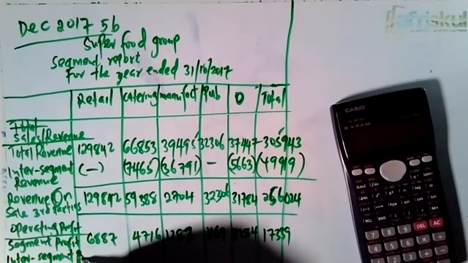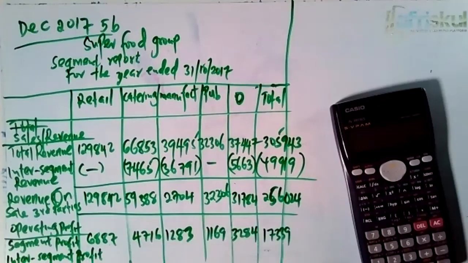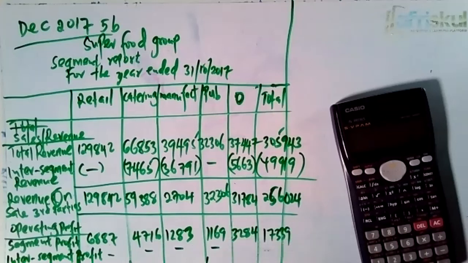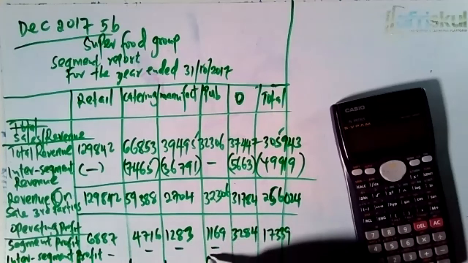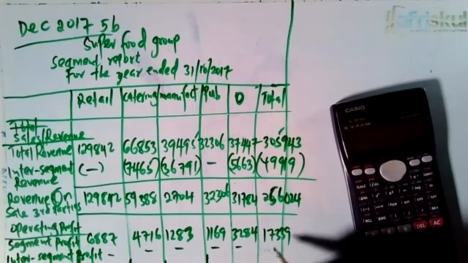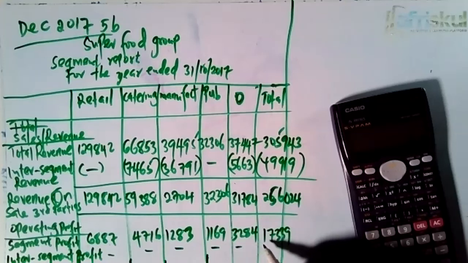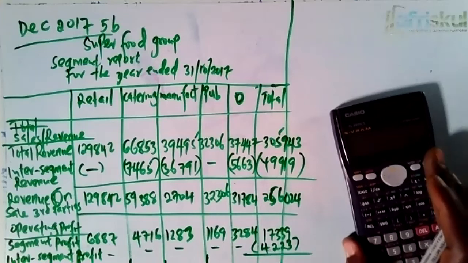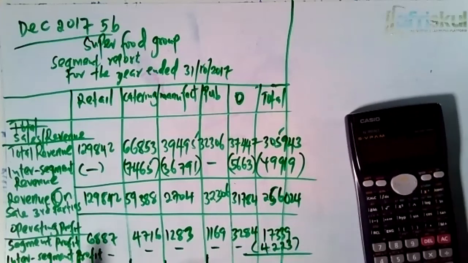Intersegment profit. They just mentioned that intersegment profit is this figure, which means that it was not specific to certain segments. So what we do, we just subtract under the total. So this one goes to the column of the total there because it is not specific to any segment. So once we subtract, you know that the answer I'm getting down here is all about profit on sale to